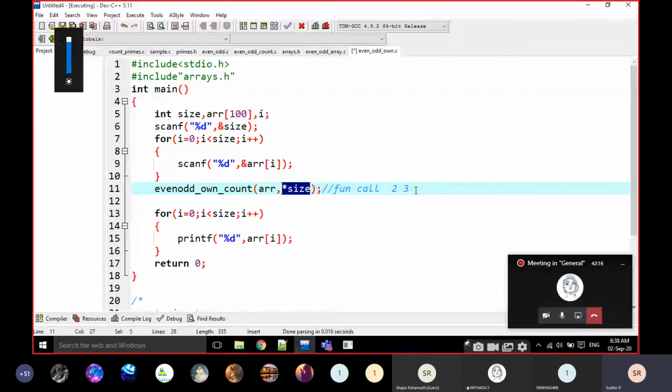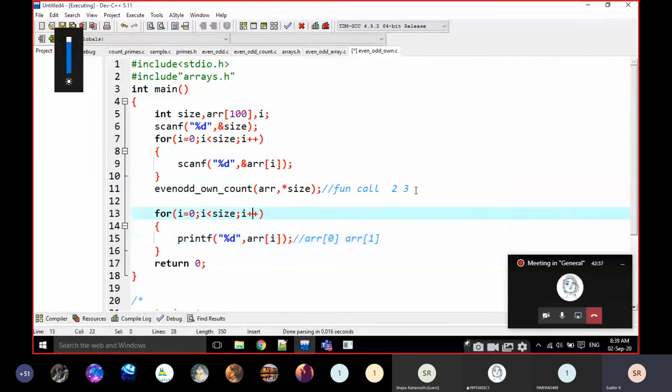Here I am passing the size as a pointer. That means in that functionality we have to apply the result. In arr of 0 is even, and arr of 1 is odd.